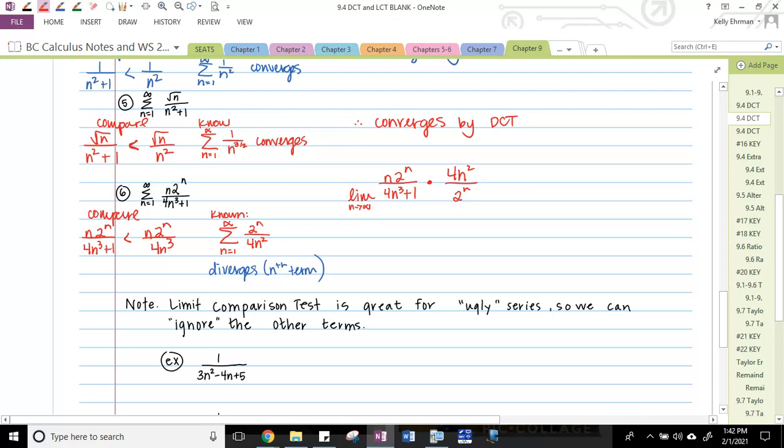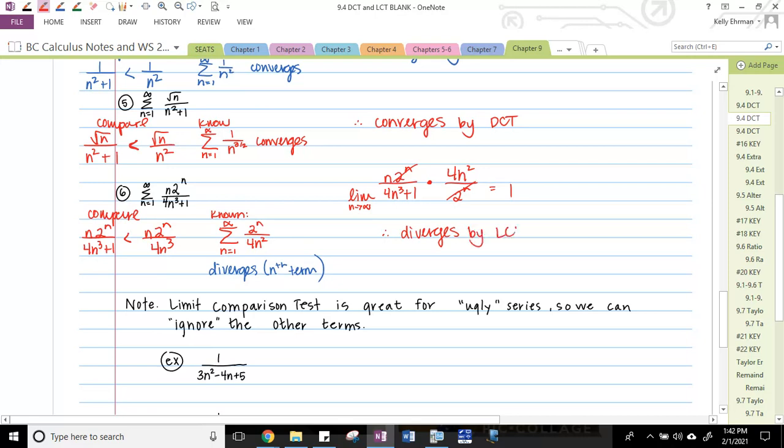Okay, where does that get me? Well, you have 4n to the third. The n's cancel. 4n to the third over 4n to the third plus 1. It's going to come out to roughly 1. I used my simplified version. You could have gone back to this one, but you'd get the same conclusion. So again, we get a number. The two series act together. In this case, the series diverges